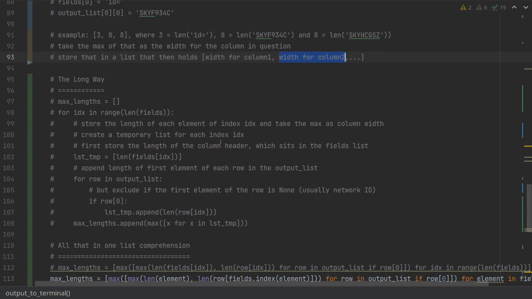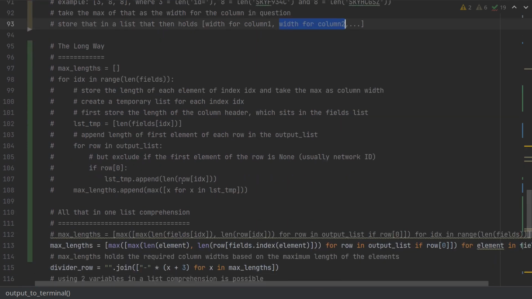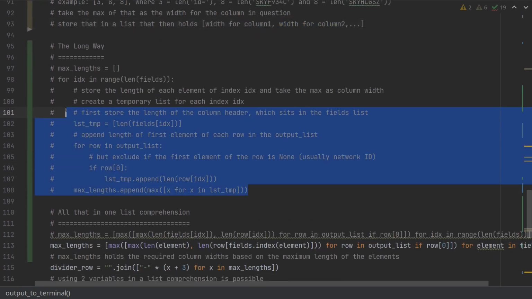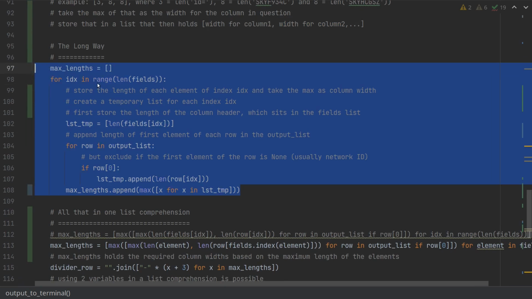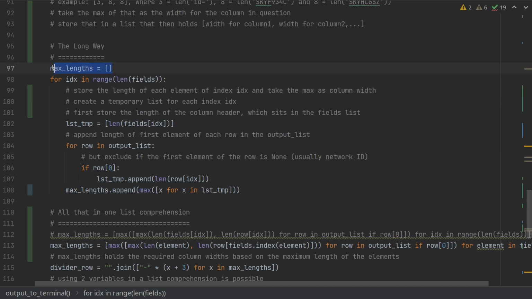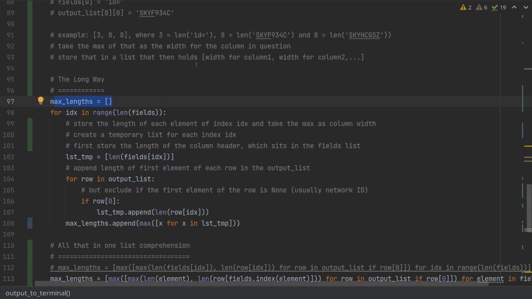Okay, so there's a long way and there's a short way. The short way is a list comprehension, but I'll take you through the long way first. So we'll have a list called maximum lengths, which is what this list will be here. So I'm going to look for each ID in the range that is defined by the length of the fields list. Now the fields list, remember, is the list that holds all the column headers. So the length of that is the number of columns that they're going to need. So for each ID in basically every column,